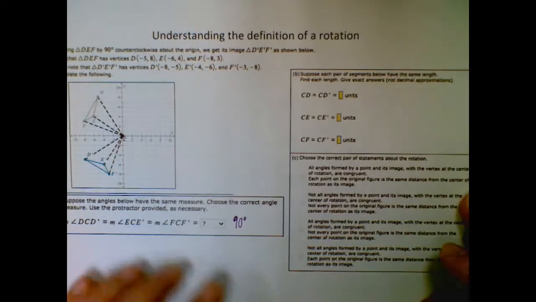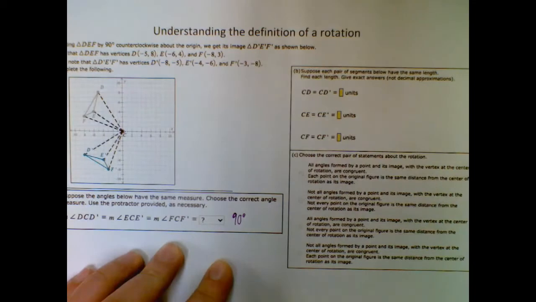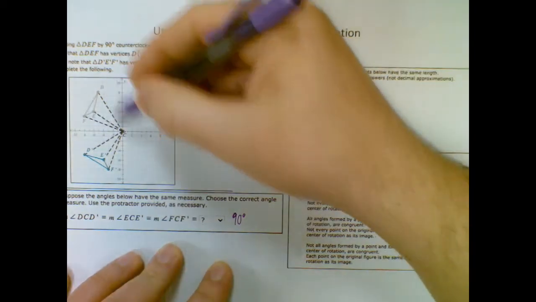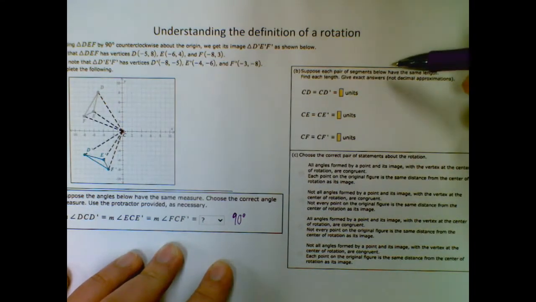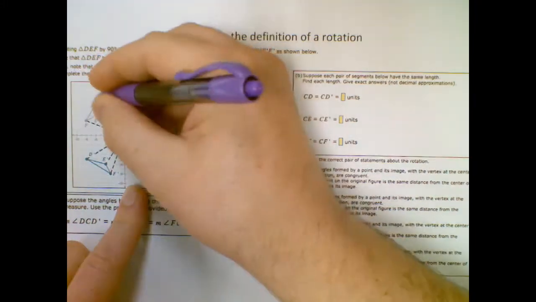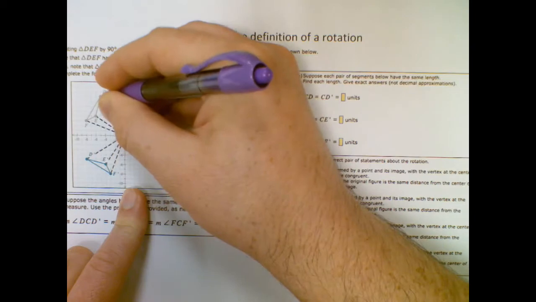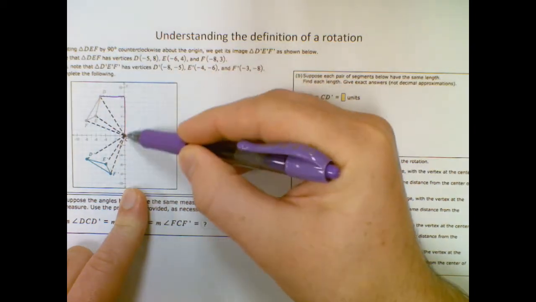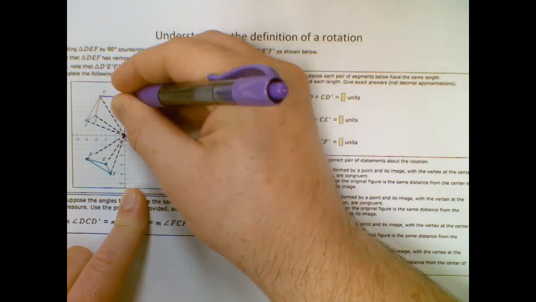Then going over here, suppose each pair of segments below have the same length, find each length. Okay, that's fine. So CD and CD prime, they're just saying assume these are equal, which they are, just so you don't have to do 6 of them, you can just do 3. That's kind of nice. All right, so if I just find this one, to find this guy over here. So I can go up, this is going up 8 and over